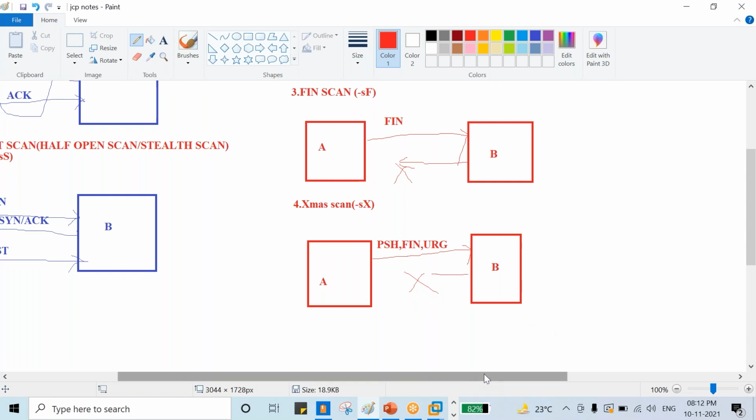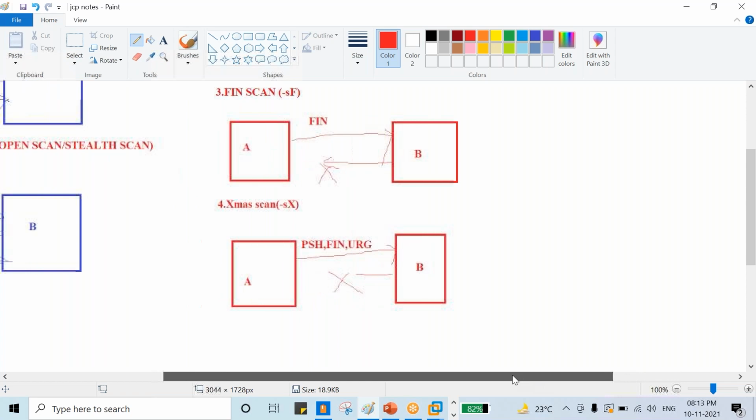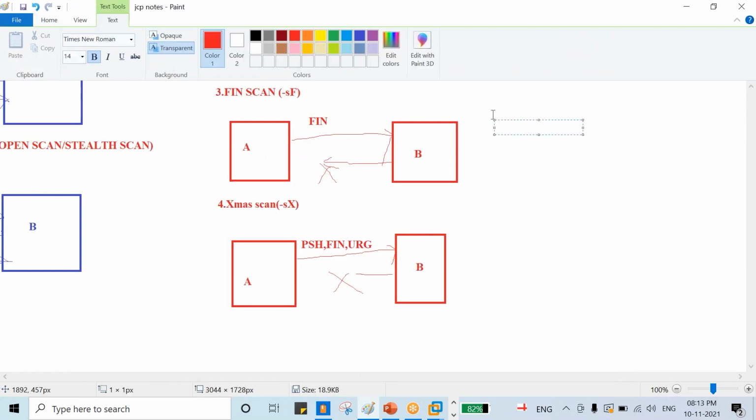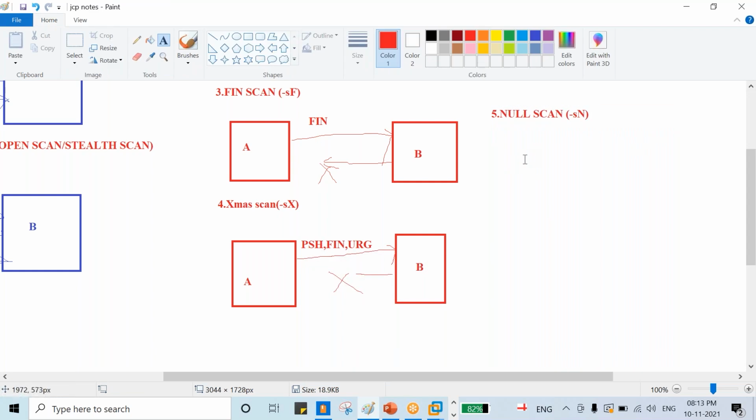And the fifth scan we have is the null scan. It is indicated as -sN, capital N. In this case, what will happen?